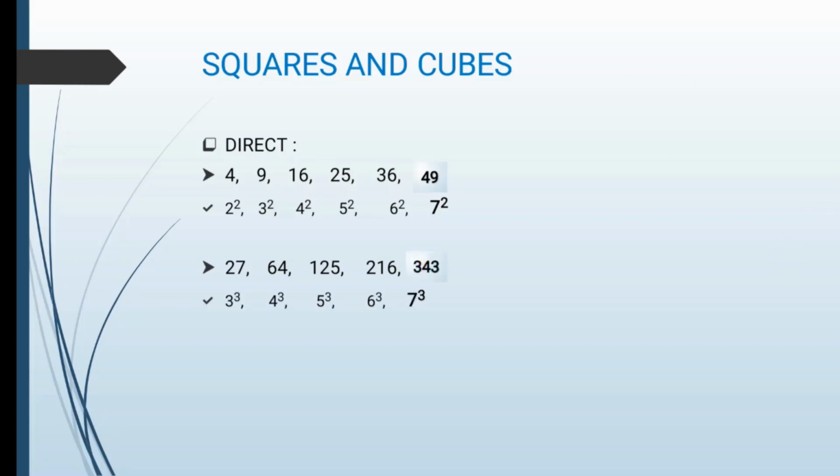Here I am taking one more example in which the numbers are 2 square, 3 square, 5 square and 7 square. In this sequence, the numbers are prime numbers. 2, 3, 5, 7 are prime numbers. So the next term will be 11 square, which is the next prime number, which is 121. So in this case, it is easier to identify.